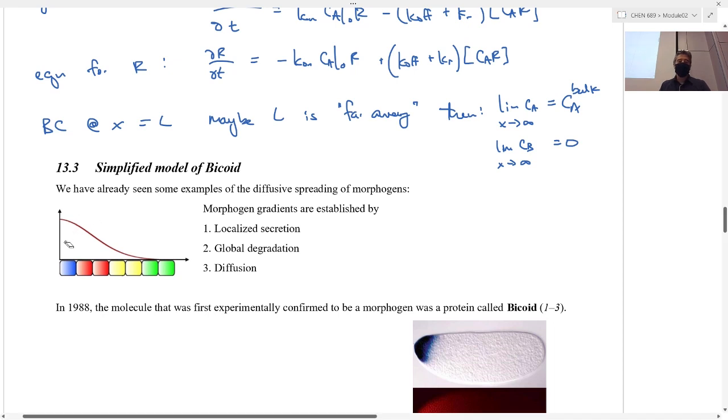be a small molecule, but it's made in a particular place in the embryo. It spreads through diffusion. The cells read that concentration and capture it, and then they respond in a differential fashion depending on how much concentration they're reading. These morphogen gradients are established by localized secretion. So there was this Q of X